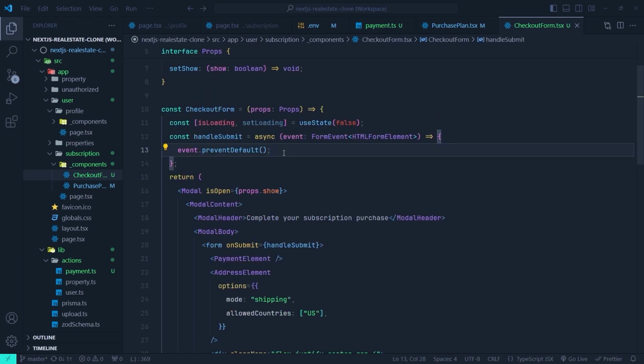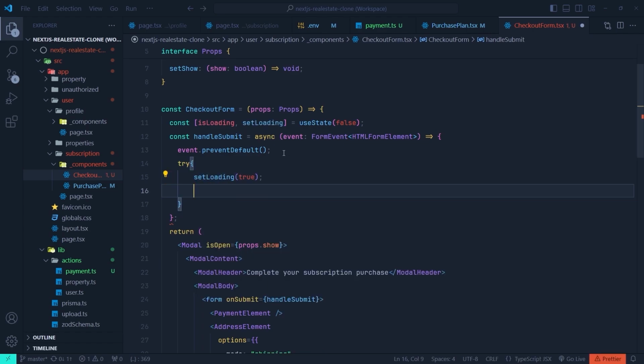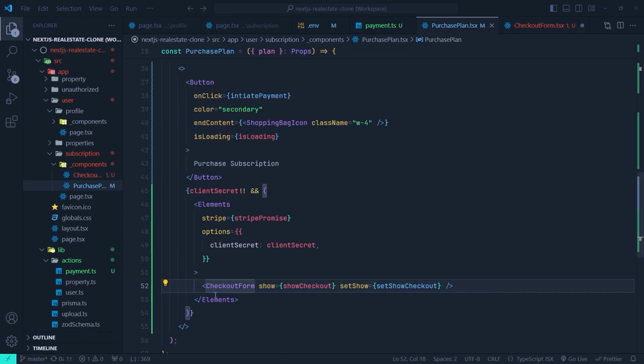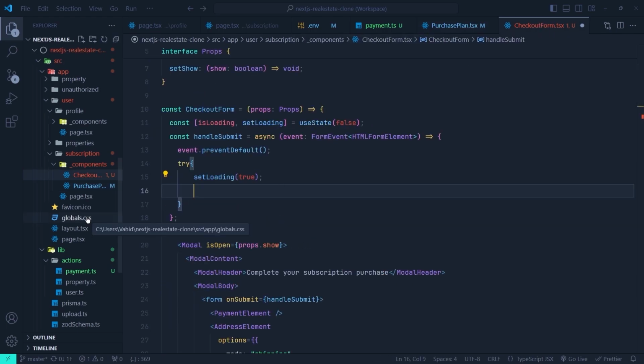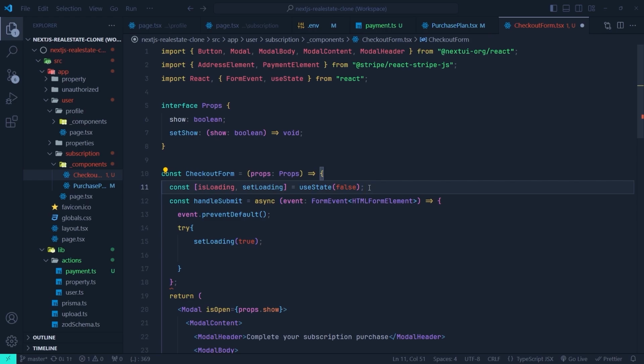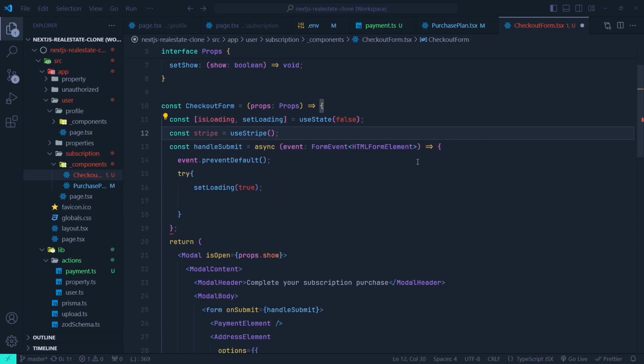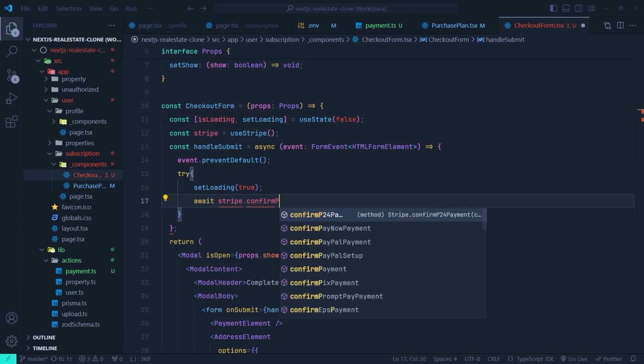After the event.preventDefault, we're going to use a try catch, and inside it, first we're going to set loading to true. Then we need to call the stripe.confirmPayment. So if I get back to the purchase plan, the parent component of the checkout form, you can see inside the elements we set the stripe. In order to access the stripe object, we can use the useStripe hook that comes from React Stripe. So inside the component, we're going to say const stripe and set it to useStripe, and inside the handle submit function, we're going to call await stripe.confirmPayment, and then